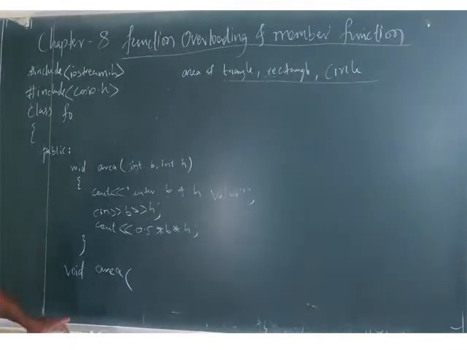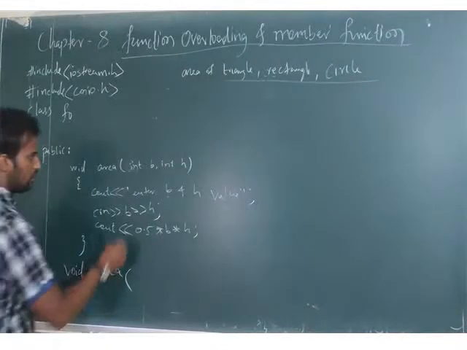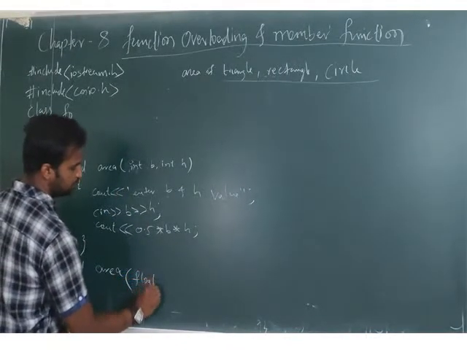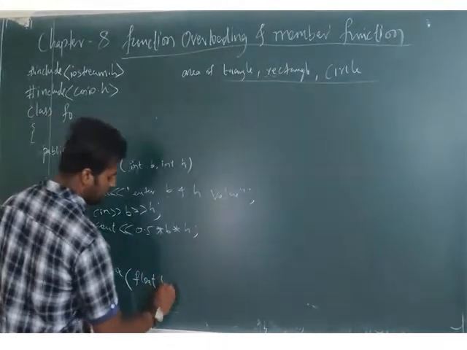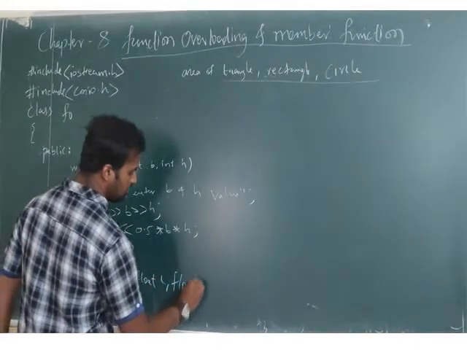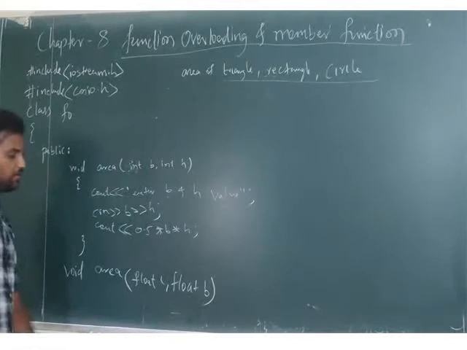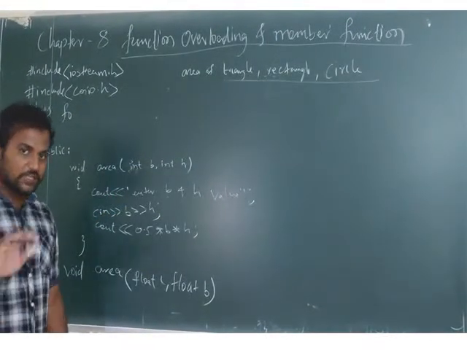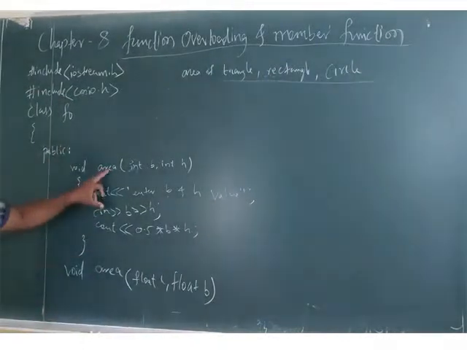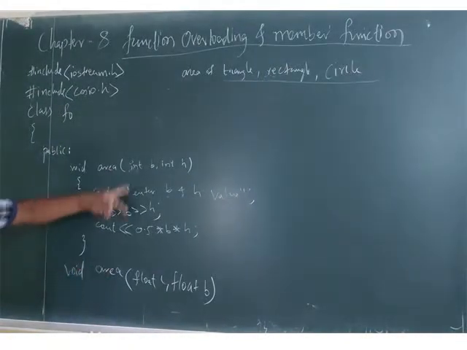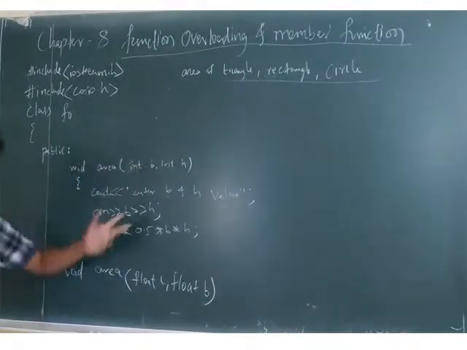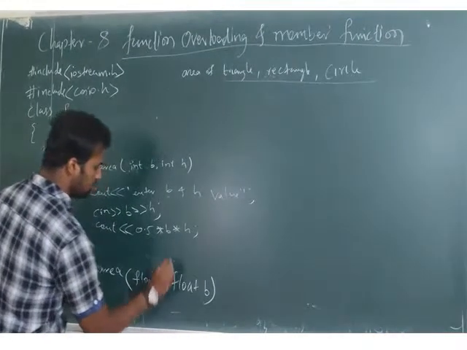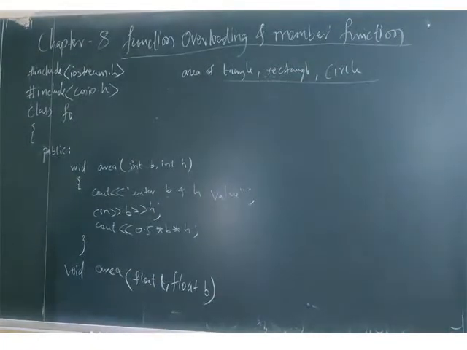We need length and breadth. Okay. So what we will do is we will take float L, float B. Why did I take float L, B here and integer here, integer here? See, that is what I told you. The definition is same name but different number of arguments or different data types. These things we have to always remember.